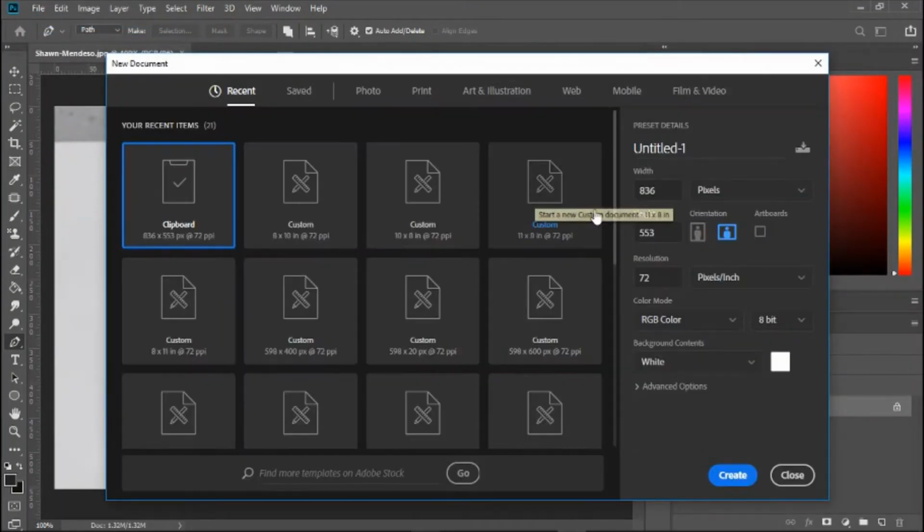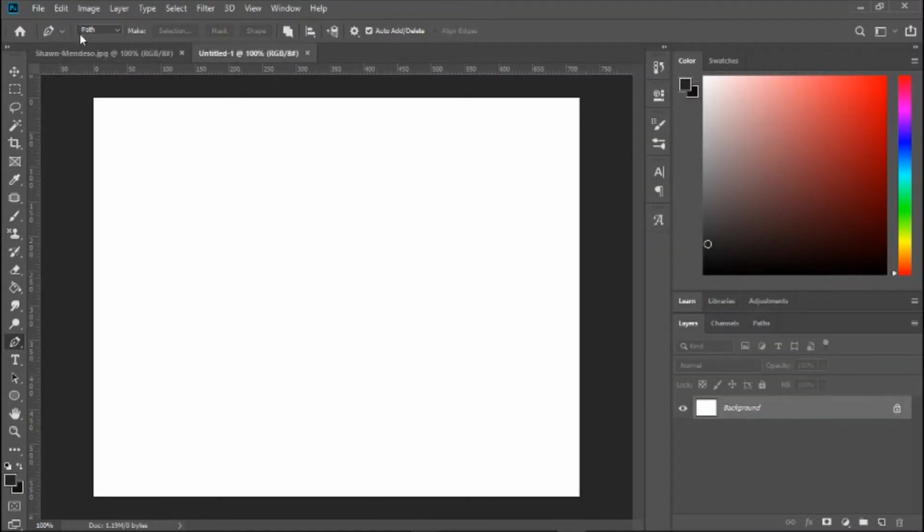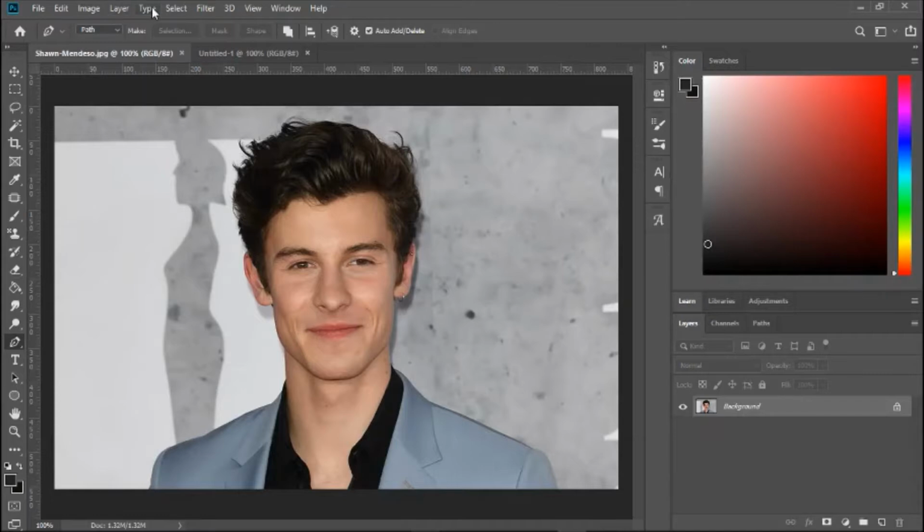And I'm going to say the measurement should be in inches, okay? And I'm going to make it 11 inches width. No, I mean 10 inches width, as the activity requests, and 8 inches height, okay? You can flip them in case your picture is portrait, right? So, I create it like that, and then I go to the picture, say select all, then copy,